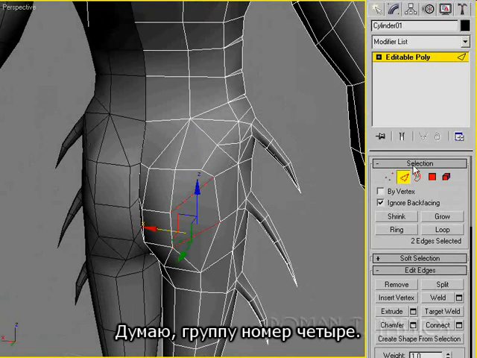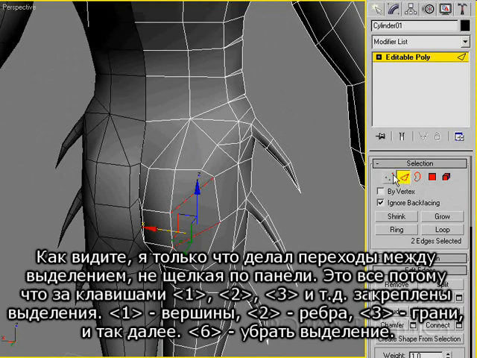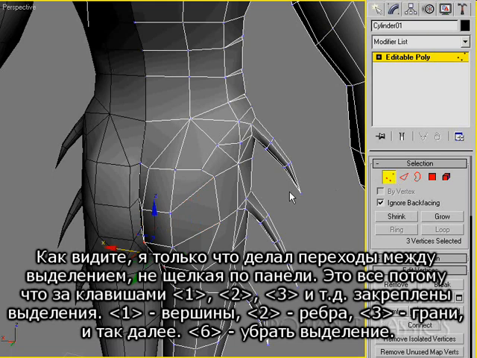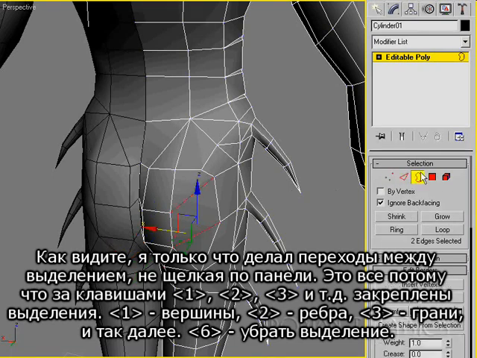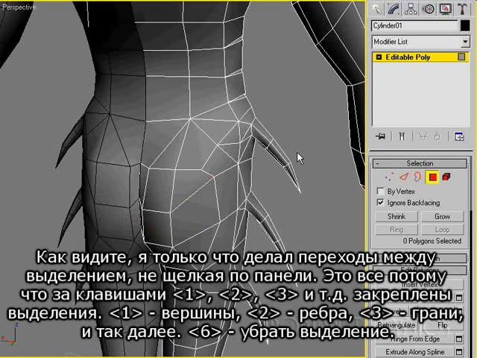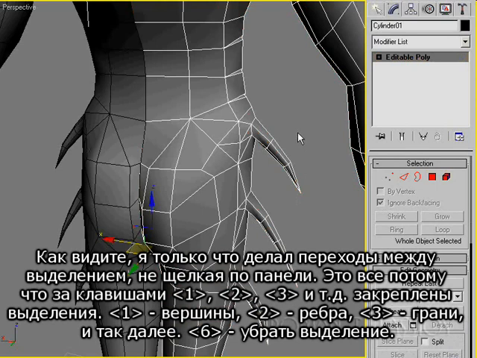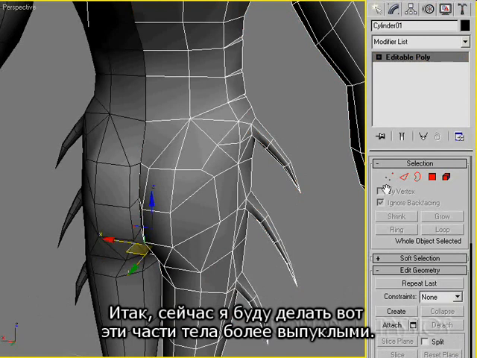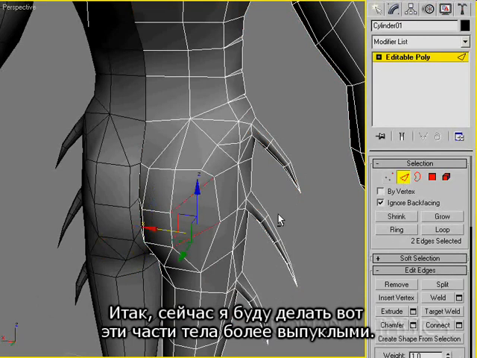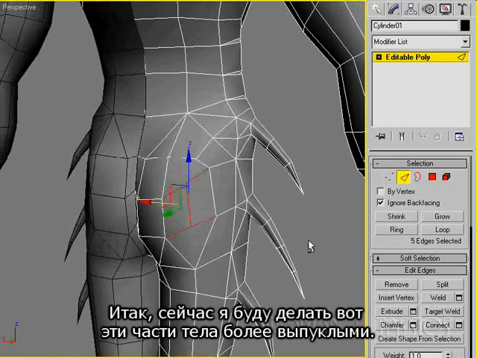Now as you can see, I just snapped through different selections without actually clicking on the panel. This is because the shortcut for vertices is 1, 2 for edges, 3 for border, which is open space, 4 for faces, 5 to select the whole element, and if you hit 6, you get out of the selection. So as I hit these selected, I'm going to connect them